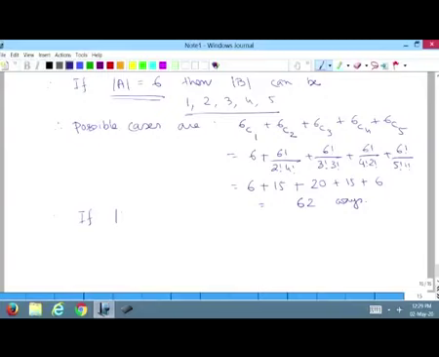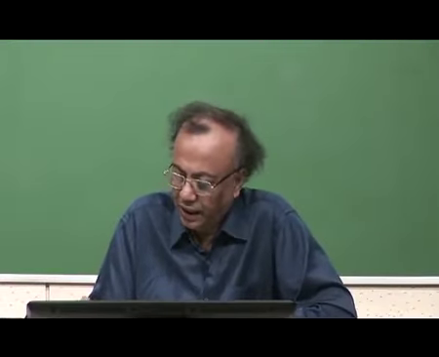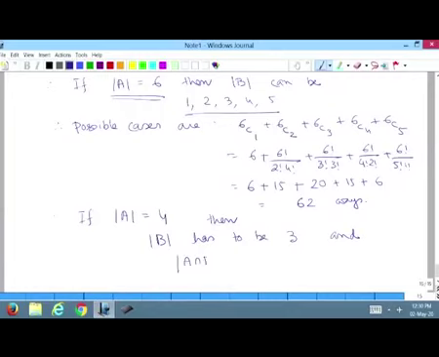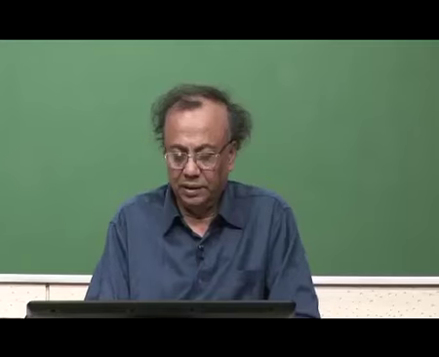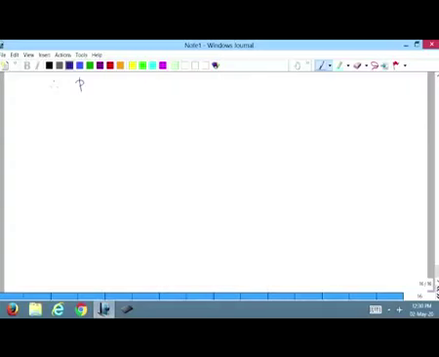If cardinality of A is equal to 4, then cardinality of B has to be 3, because 4 into 3 is 12, and that is a multiple of 6, and cardinality of A intersection B has to be 2, because that has to be 6x, that is 12, therefore, x is equal to 2. Therefore, possible cases are,